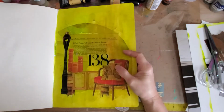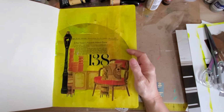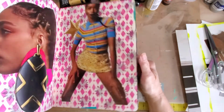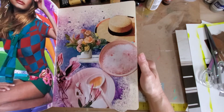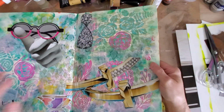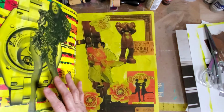I've done this one the same way, and I'll probably find other images to go over top of it. Let's see, I don't know if I have any more. Oh, here was one